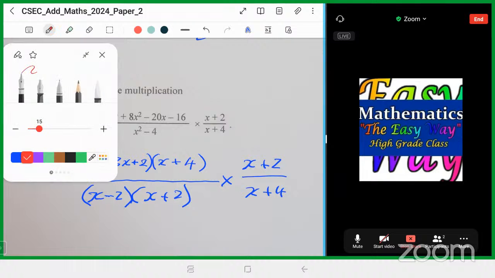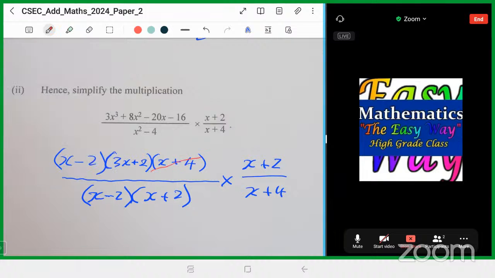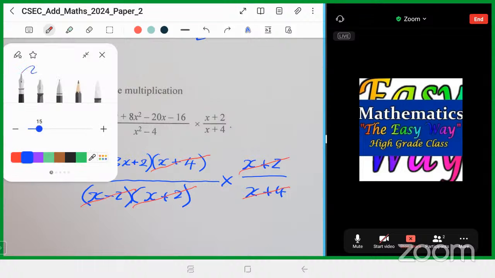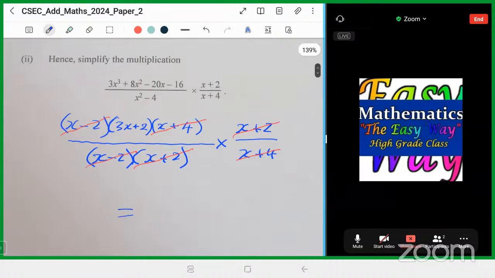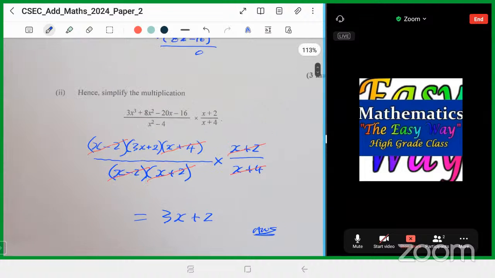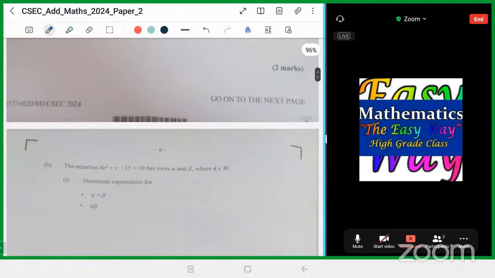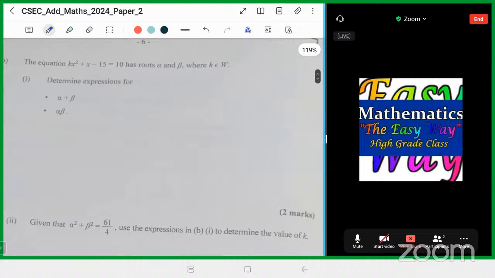All right, so this x plus 4 cancels this x plus 4. And this x plus 2 cancels this x plus 2. And then this x minus 2 cancels this x minus 2. And all we are left with is that 3x plus 2. So this all becomes equal to 3x plus 2. That's my answer. So far, so good. Very easy. All right. Next part here says, this equation